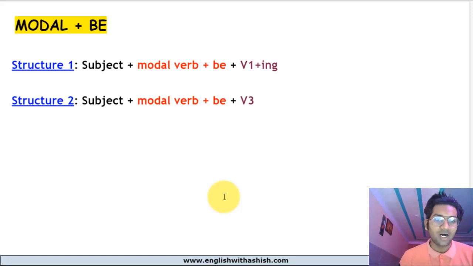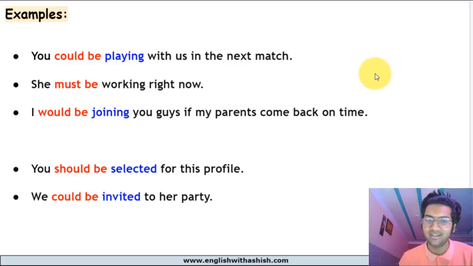All right. Now we can use these modal verbs with the base form be as a helping verb, right? Now we have two structures in which we can use modal verb plus be. Number one, subject followed by modal verb plus be followed by a present participle, the ing form of a verb. Number two, subject, modal verb plus be, and the main verb is a past participle. Okay, let's look at some examples and master this as well.